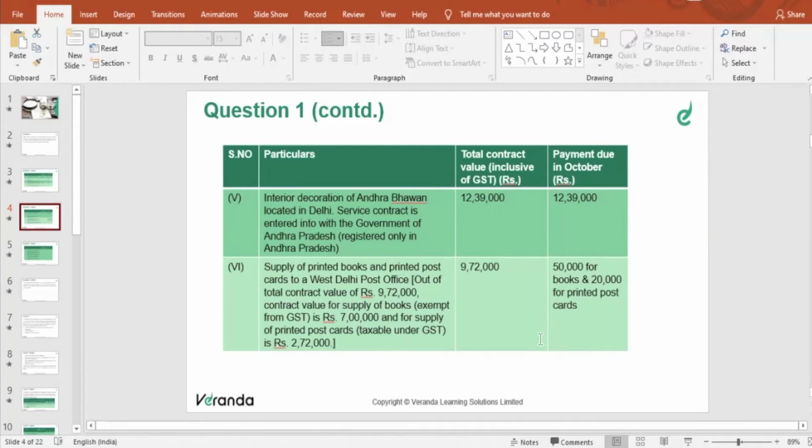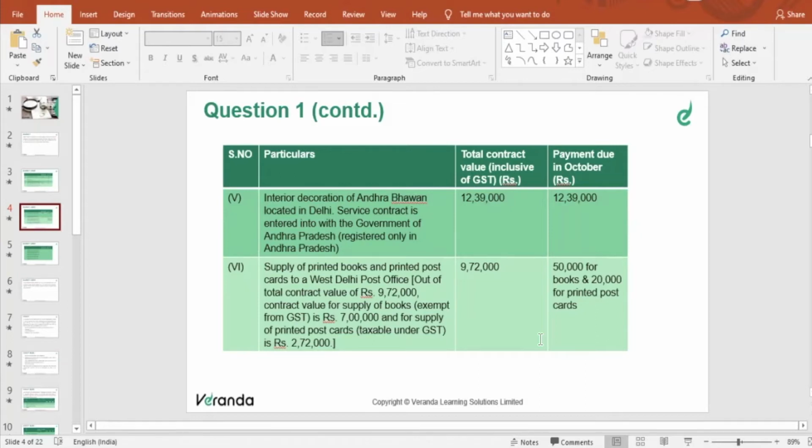Now again, what will the TDS amount be? 20,000 into 2%. Whenever we are telling it, we are supposed to tell clearly. It is supplying within West Delhi only, within the state, so it is going to be 20,000 into 1% CGST and 20,000 into 1% SGST. Make it a point that whenever you're talking, let us not talk in vague terms